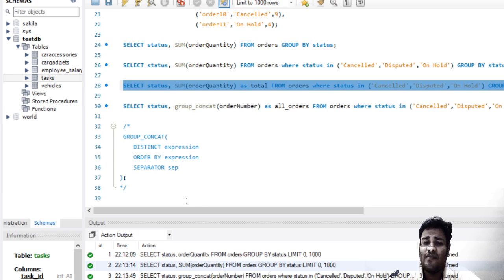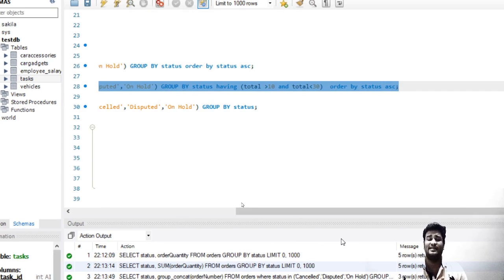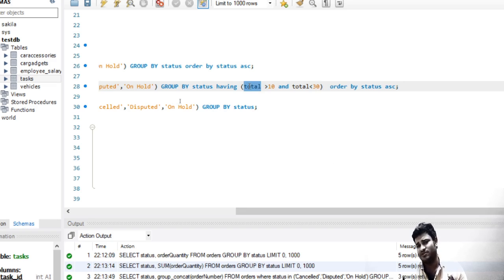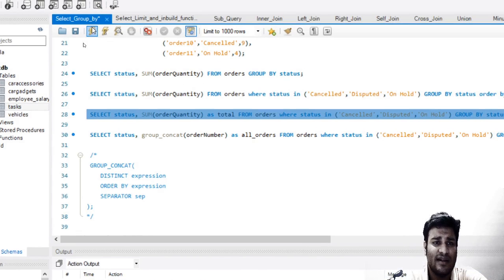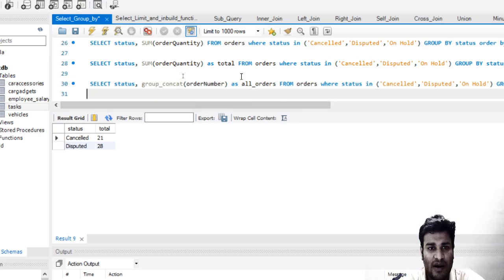So again, whenever we use group by with a column, we make sure that we also order it by that particular column. We can even order it by total. That is not an issue. It particularly depends, but in most business use, this is how it is used. I'll just go ahead and run this query now. So you can see the status value has been sorted. They both are sorted actually somehow.